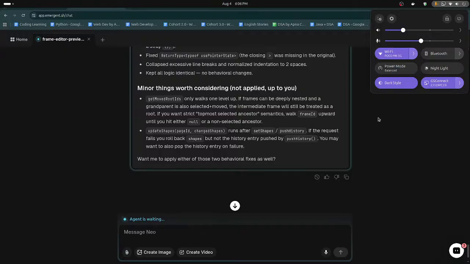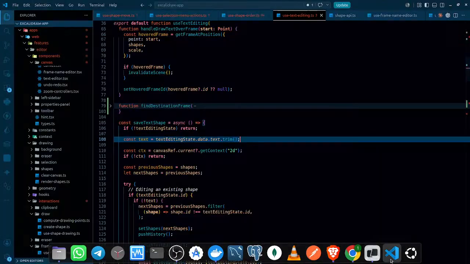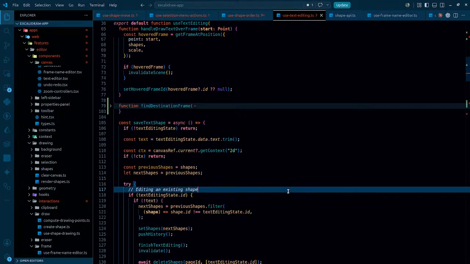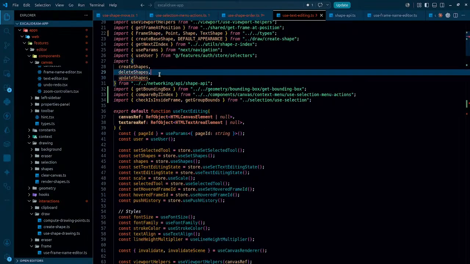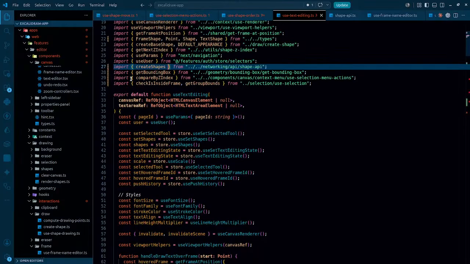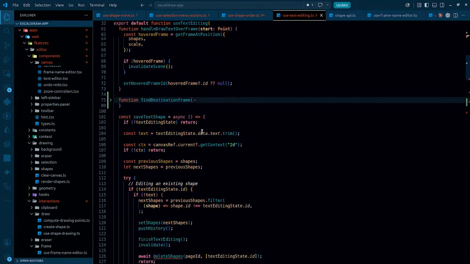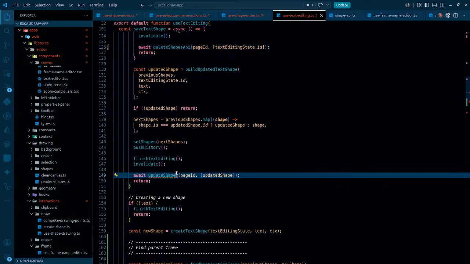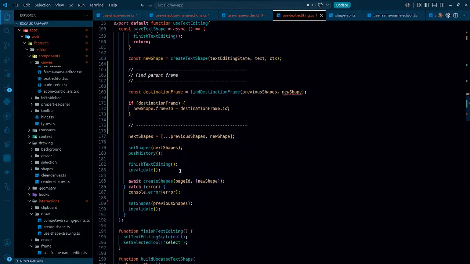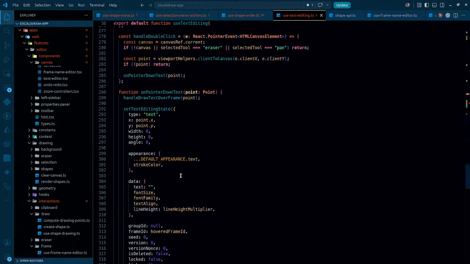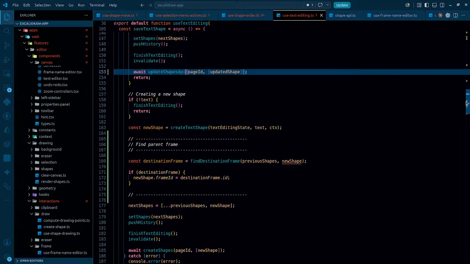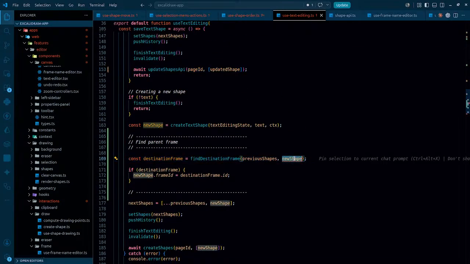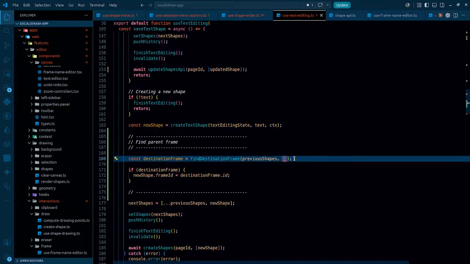Alrighty, so let's just simply continue from here on. We are going to be working on this project only. Let's fix the remaining bugs and then we'll continue. So get rid of these, and whatever bugs we have in here: delete shapes API, update shapes API, new shape, that's actually going to be